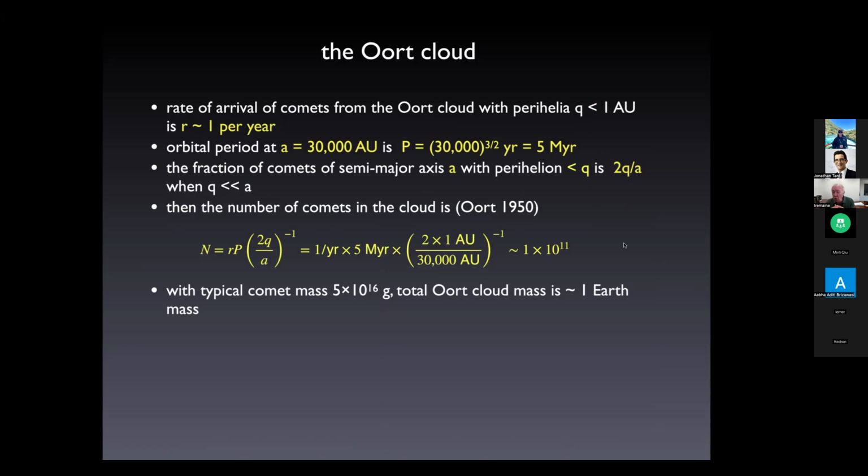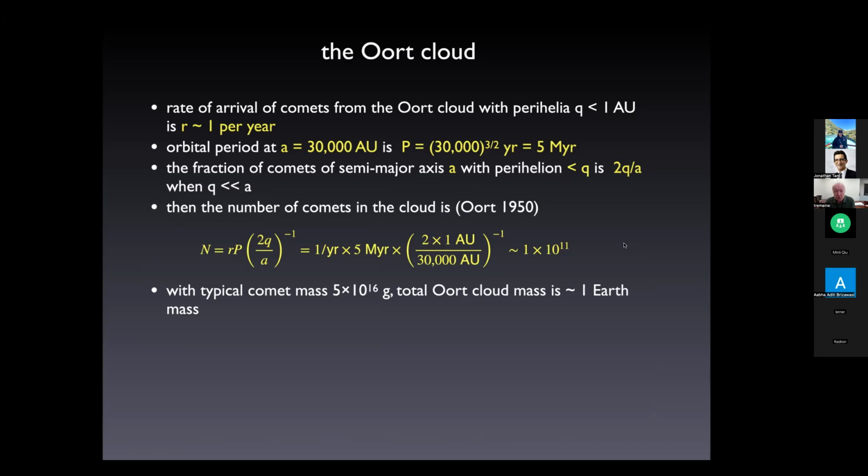You can do more with the estimate of the properties of the Oort cloud. We know that the rate of arrival of comets from the Oort cloud with a perihelion less than about 1 AU is about 1 per year. We know the orbital period at 30,000 AU in the middle of the Oort cloud is 5 megayears from Kepler's law. We know, as I've just said, that the fraction of comets with perihelion less than q goes like twice q divided